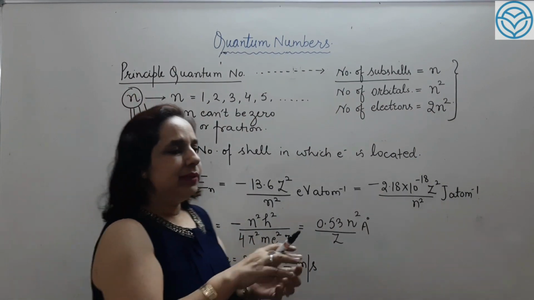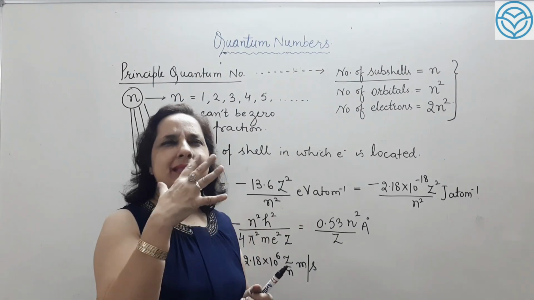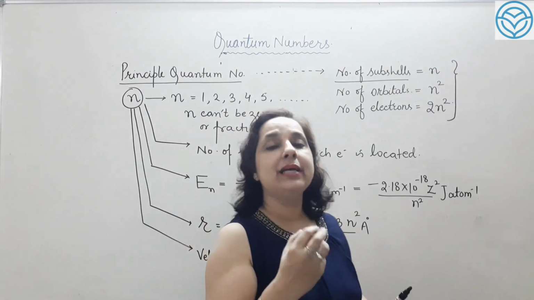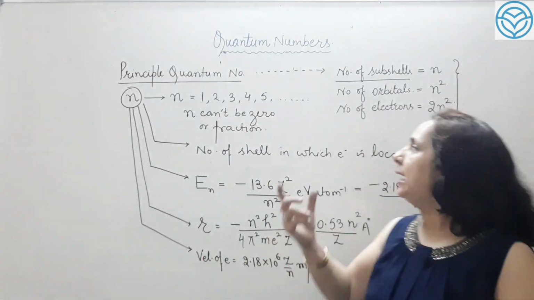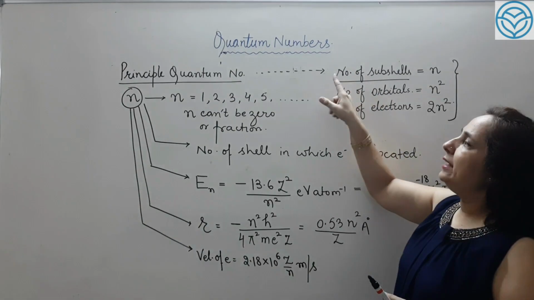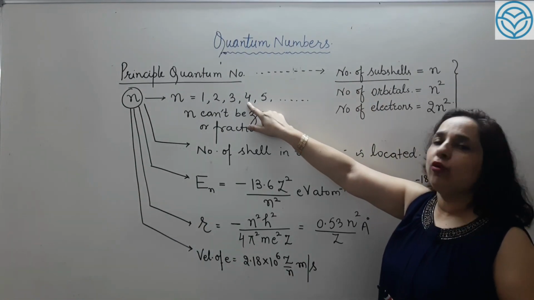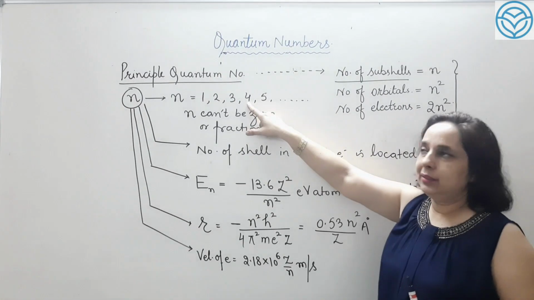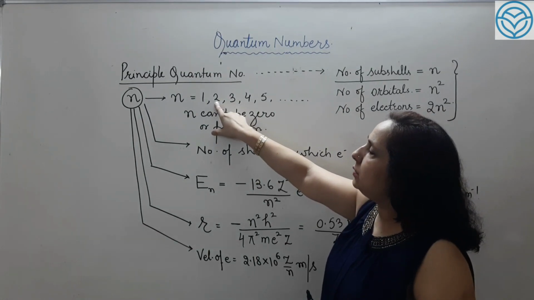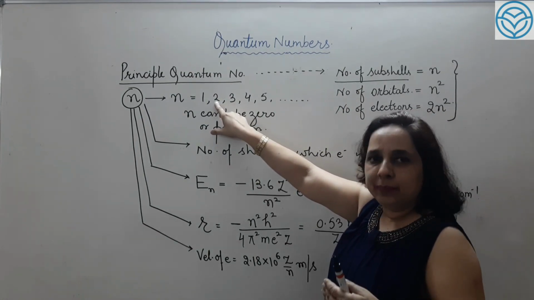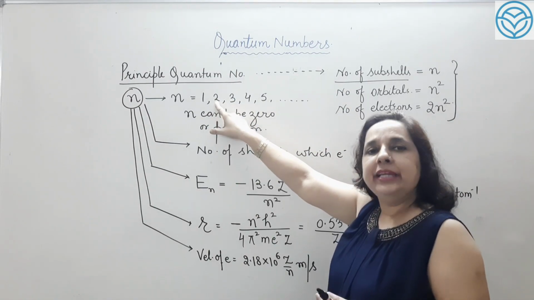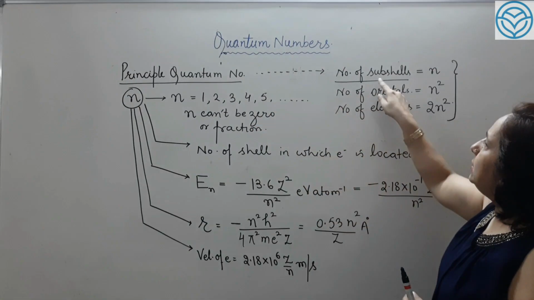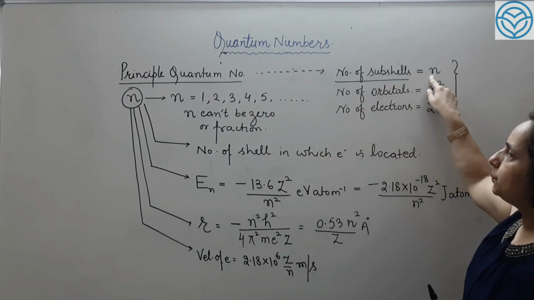It means in an atom, when we think about a shell, let us suppose we can think of it like a floor. On that floor of an atom we have some rooms, and those rooms are named subshells. Let us suppose I reach shell number 4, the fourth floor. How many rooms will be there? There will be 4 rooms available. If I go to the second floor, how many rooms will be there? There will be 2 rooms. 5th floor, 5 rooms. It means subshells are the rooms.